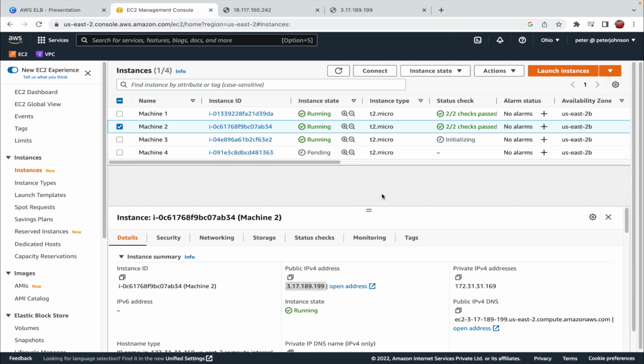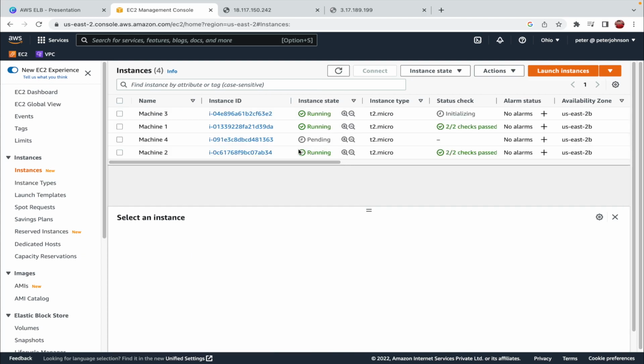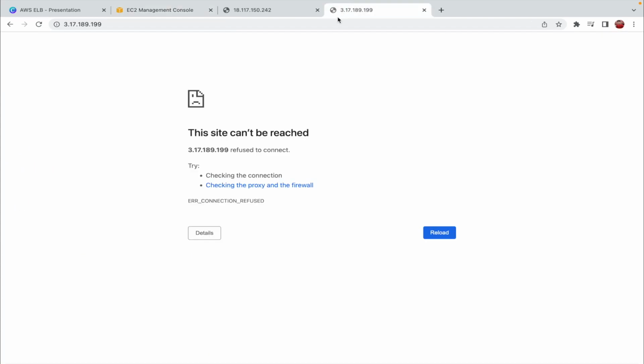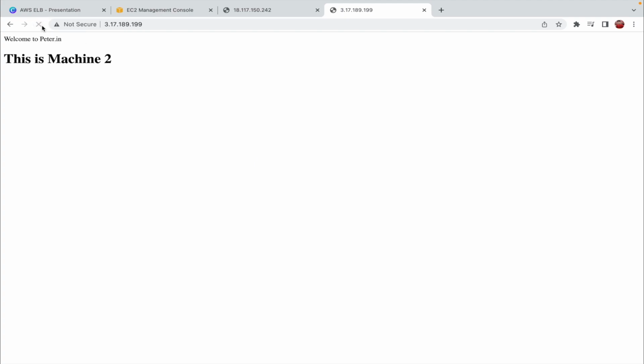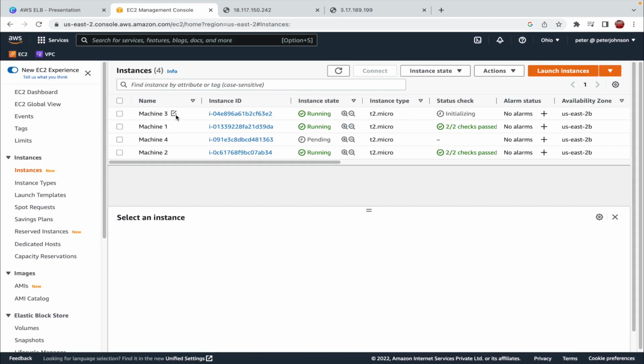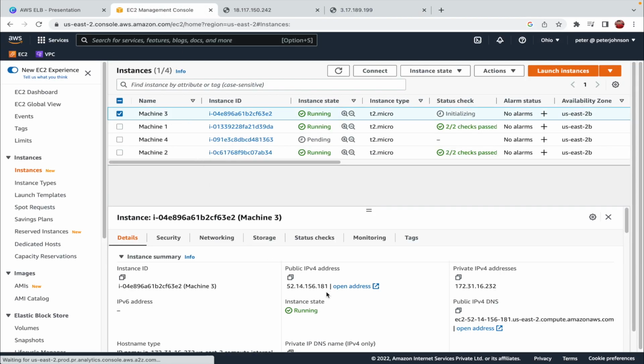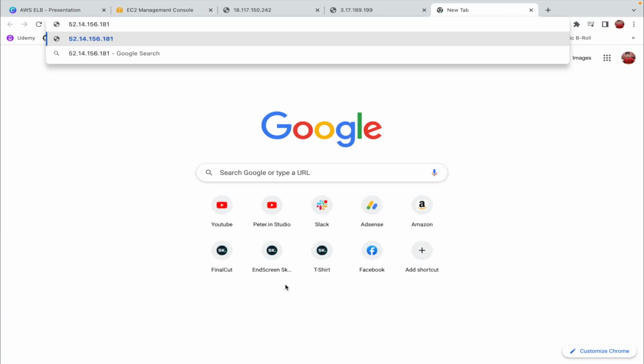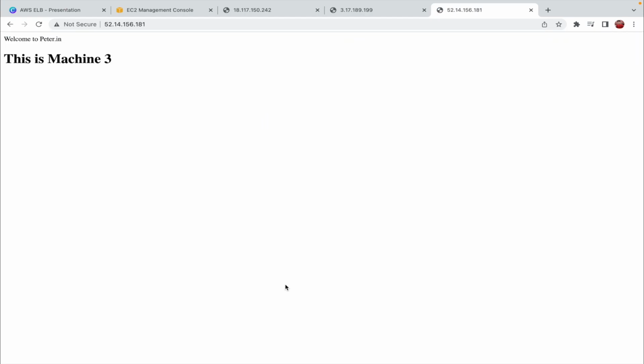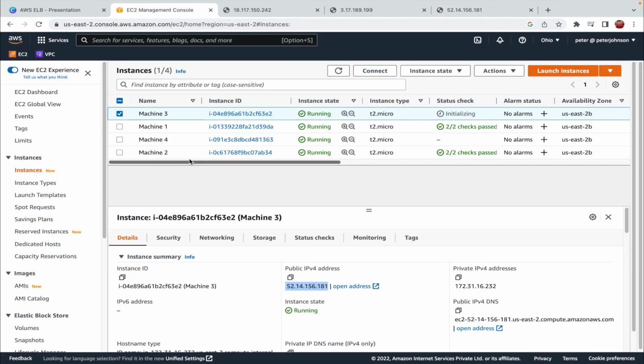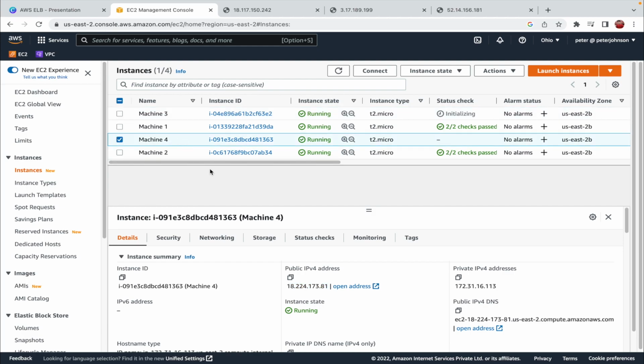Alright guys, I have created all the 4 machines. Right now the 4th one is still in the pending state. So let's see if our second machine has completed its preparation section. Yep, machine 2 is also live now. Let's see if machine 3 is live. So let me copy the public IPv4 address from here, and let's try :80. Yep, machine 3 is also active. And machine 4, as you know, it's going to take a couple of seconds, and it's going to be working